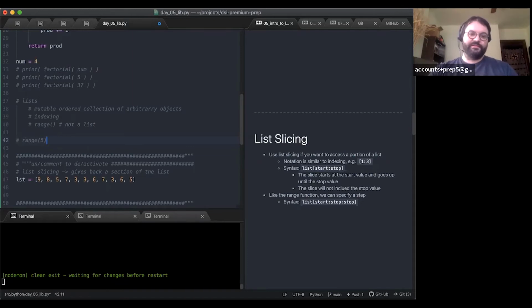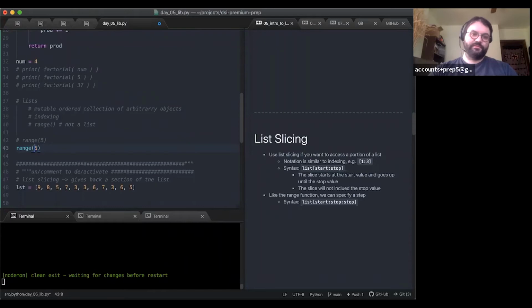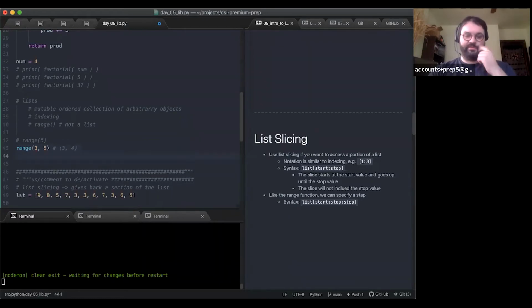If I give it 2 arguments, the first argument will be the lower bound. So range 3, 5 is going to give me numbers 3 and 4.